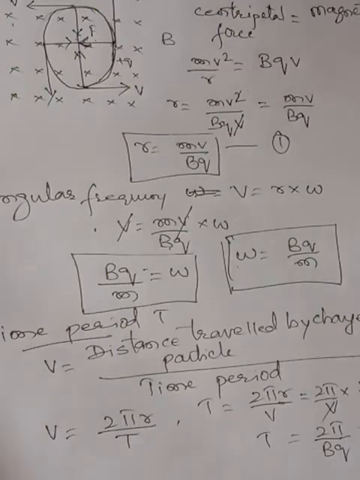So next comes the time period. What is time period? Time period is nothing but the time taken by the charged particle to complete one circle in a magnetic field. So the time taken by the charged particle to complete one circle in a magnetic field is given by what? Time period. It is the definition. So here we know that when the charged particle is moving in a circular orbit,